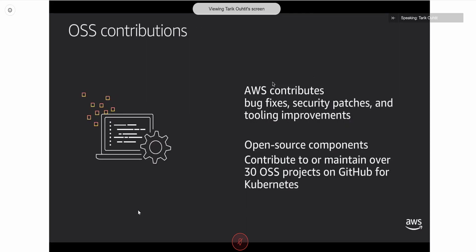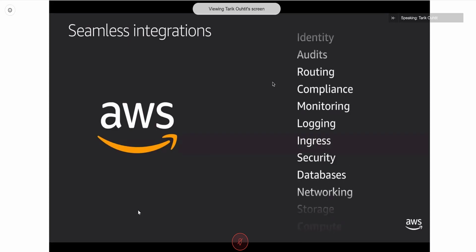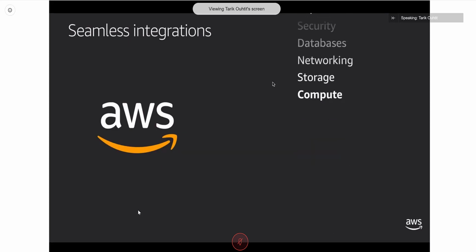As part of this work, this obviously means that AWS is committed to contributing back to open source. And as part of the work with EKS and containers, we've contributed to over 30 different OSS projects, including Kubernetes itself, improvements, security patches, bug fixes, etc. A lot of that work is around making sure that Kubernetes has seamless integrations with the AWS platform. So things like allowing Kubernetes to spin up a load balancer, for example, or an application load balancer in AWS, or allowing you to put IAM roles directly onto containers and pods.